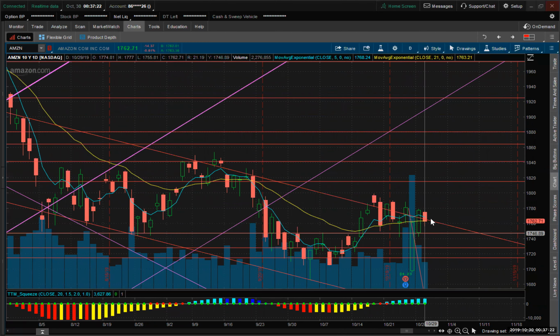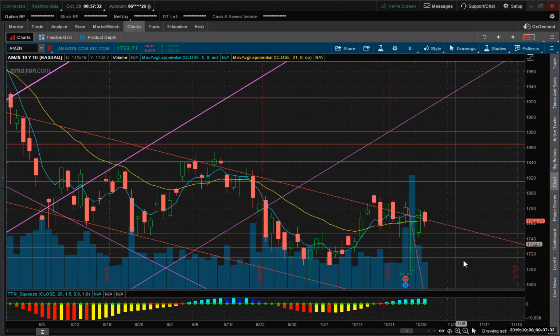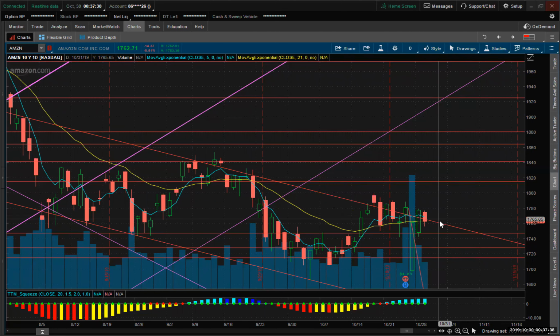But if we do something where we consolidate a little bit more, this still looks like a great trend. You have lower highs, you have relative lows, except for this candle. This candle's open shouldn't be taken out. The low shouldn't be taken out. So if we can stay in this range, and again, we're in this range right now,